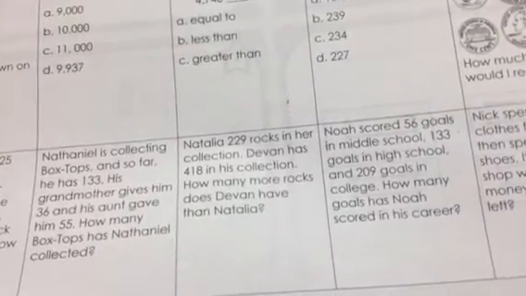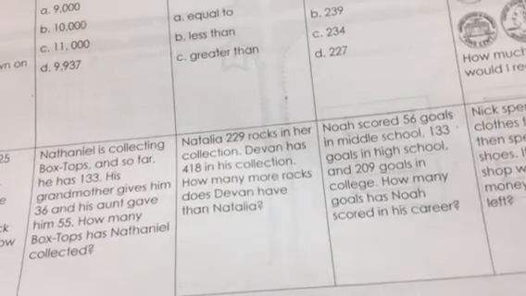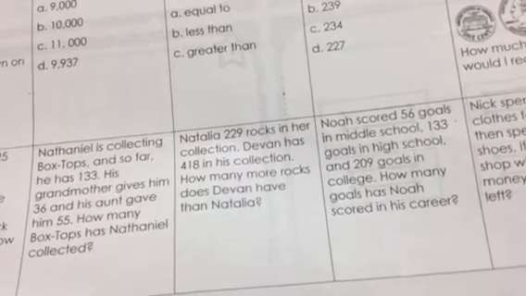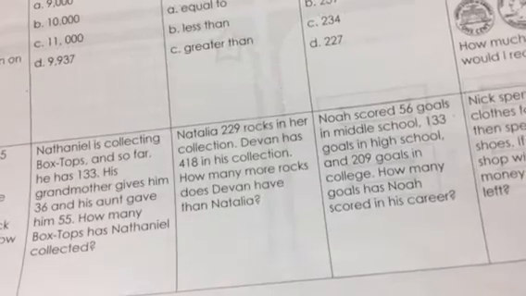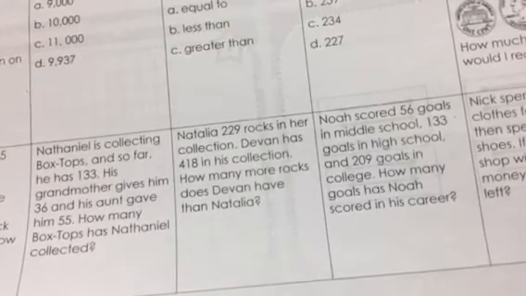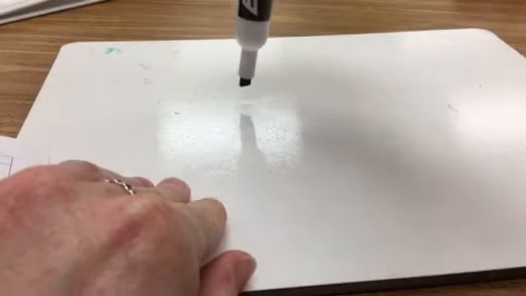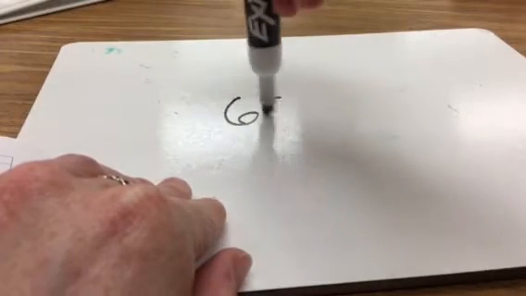Number 4, Natalia has 229 rocks in her collection. Devin has 418 in his collection. How many more rocks does Devin have than Natalia? So if you have not finished the work, go back and do the work for the problems. So number 1, for those of you who have finished, we're going to start at number